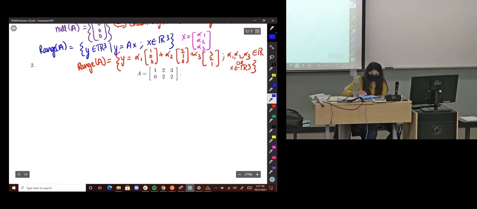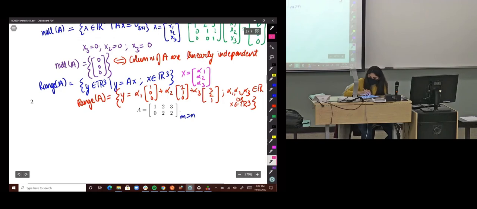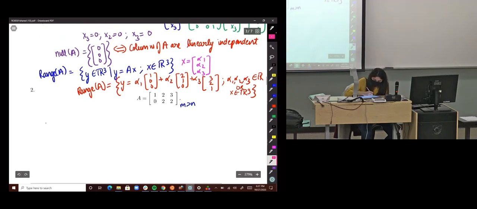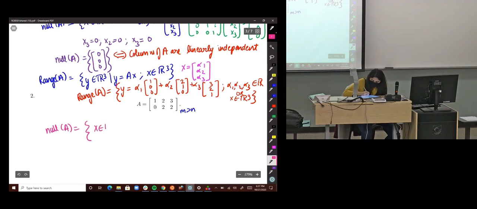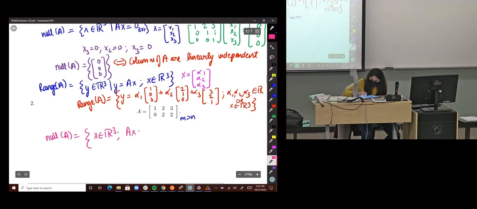Let's try and do that for a matrix that doesn't have all linearly independent columns. So I know, just looking at it, that the columns of A, because m is greater than n, will not be all linearly independent. Let's try to work out the null space of this A matrix. So here, the null space of A is the set of x's in R3 such that A of x equals